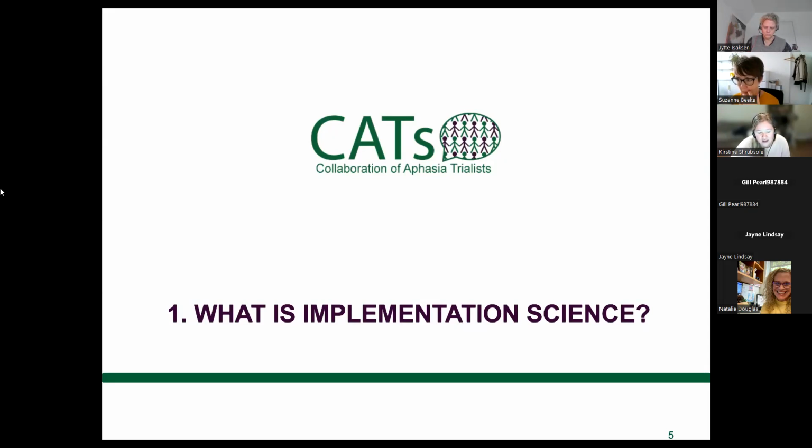So we're going to try and keep it simple though, because the difficulty we often find is it can, and sometimes I think it's our own fault, the implementation scientists, you know, we love a good theory and then suddenly there's too many, and you know, if you're new to that, it just can seem a bit complicated, I think. So we're going to try and keep it simple. Hopefully we achieve a little bit of that, but if I do start to go a little bit, I don't know, too detailed, please someone stop me.